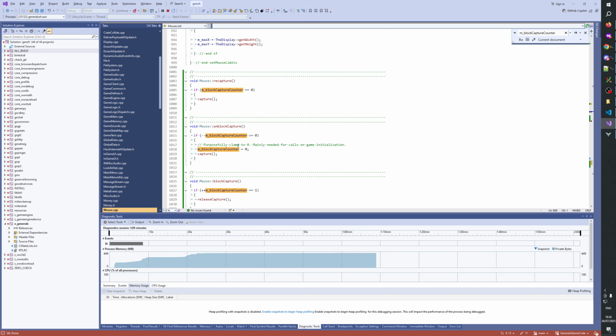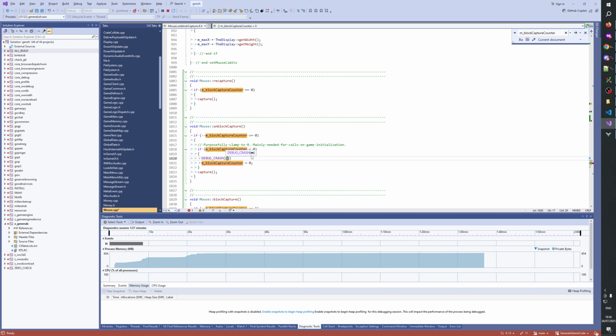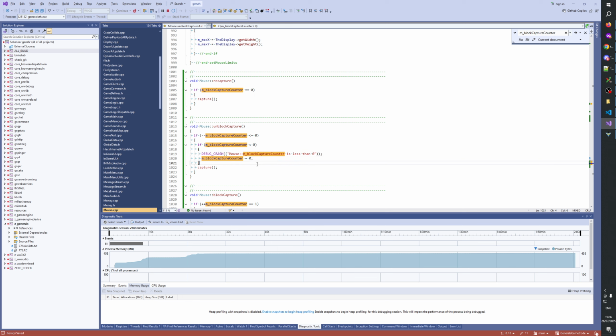How about we add an if is smaller than 0, and we add a debug crash. Less than the 0. That should not be.